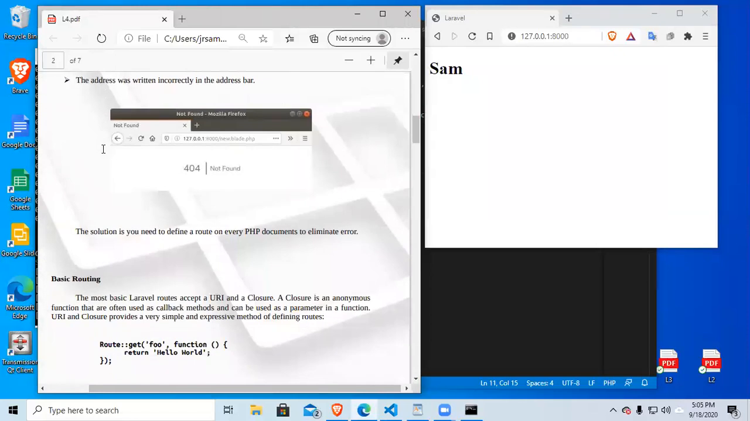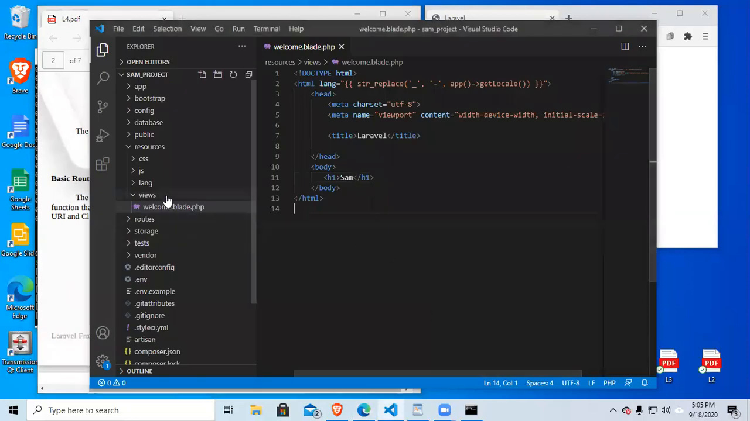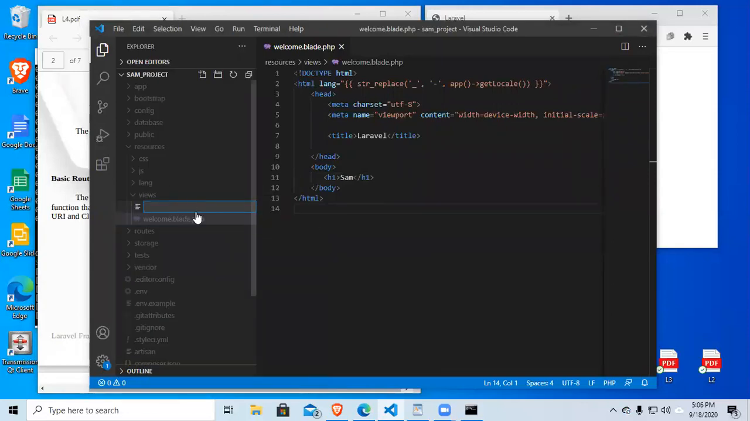Now, we will try to add another file so I could demonstrate to you how the basic routing works. Okay. We're going to add another file, for example, inside this views directory. The only location where you could add your file is here in the views directory under the resources. So if you want to add a new file, you just right click, then select new file. Then name your file. So I'm going to name my file as